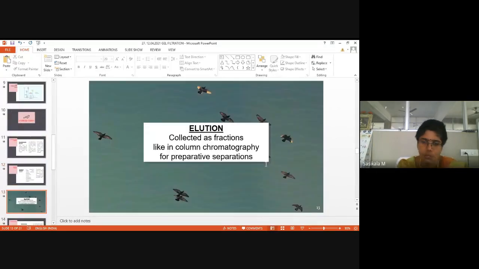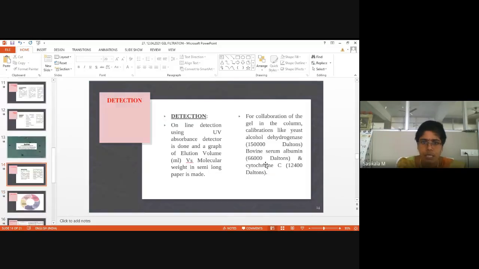For example, proteins and nucleotides dissolved, then online detection using a UV absorbance detector is done. So mostly we'll be using the UV visible detector for detection. As I stated earlier regarding HPLC detectors, UV visible detectors and fluorescence detectors are commonly used. There are two types of detectors available, bulk property and solute property detectors. This UV visible detector comes under the solute property detector.